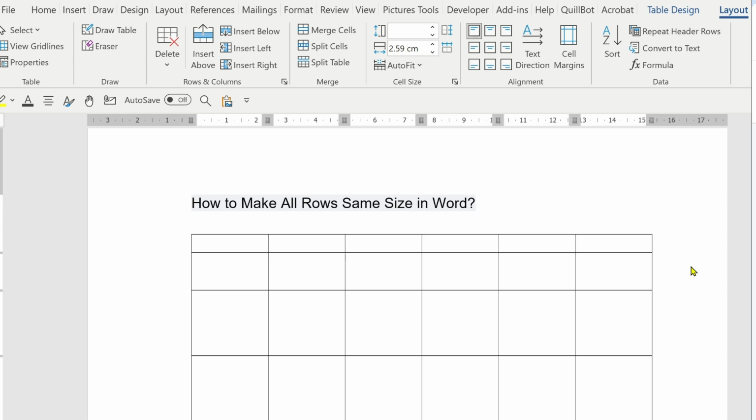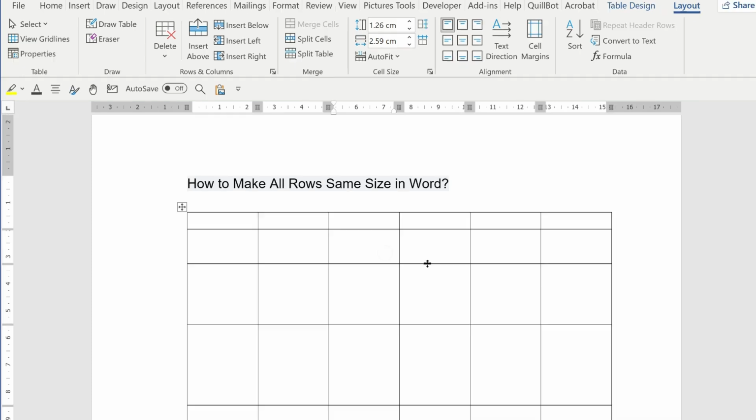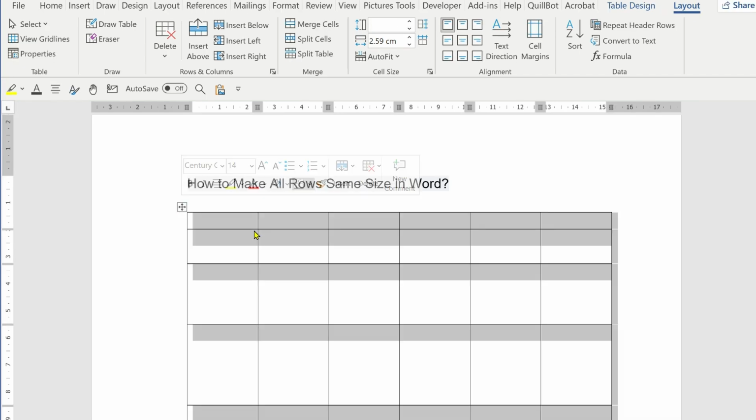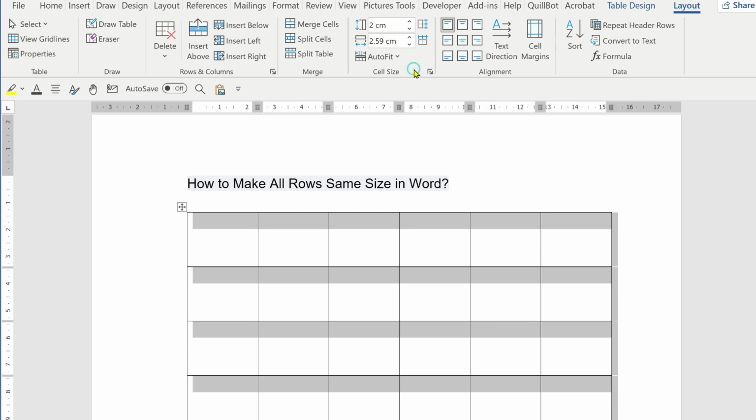There is another method, which is to specify row height. Use this method if you want every row to be a precise measurement. For this, select the entire table by clicking this four-sided arrow on the left side corner, and then navigate to the Layout tab, and in the Cell Size group find the Table Row Height, and here is the Table Row Height. Type your desired height, for example 2 cm, and click outside the cell size,